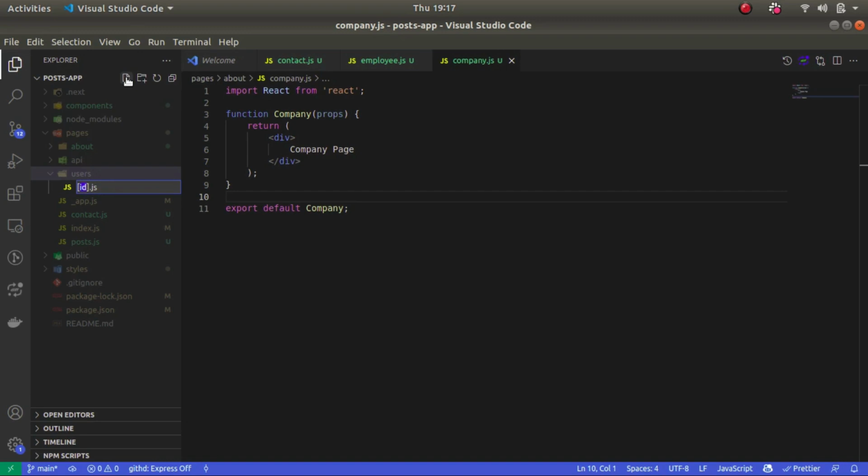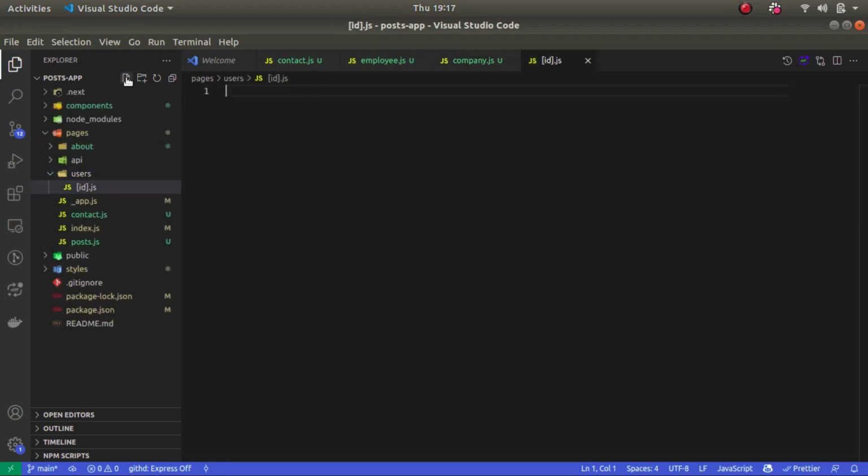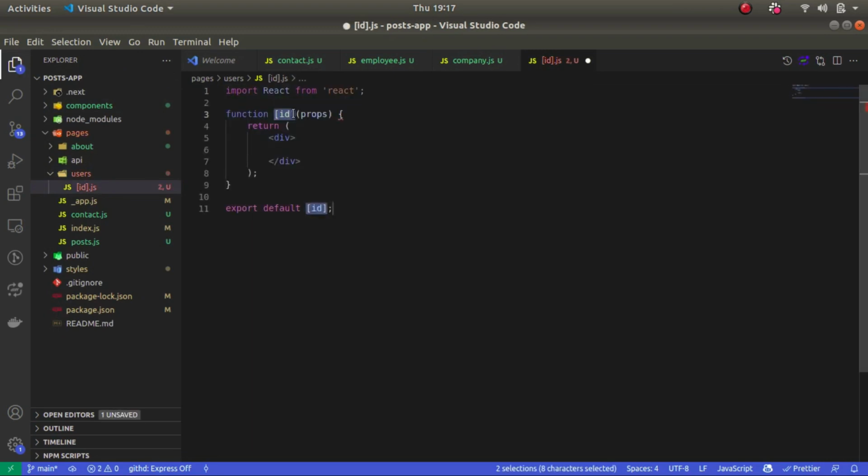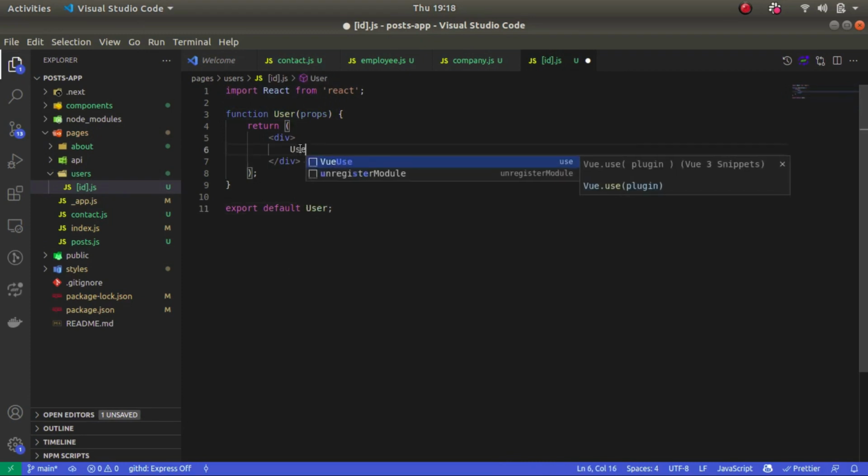So you can keep anything inside this square bracket, but I'm going to pass id in the URL, so I will keep the name as id, but you can keep anything you want. It doesn't matter whatever you keep here. So let's say I'm keeping id here, and let's create the component here. So our component name will be user, because I'm going to display the user detail here, so I will keep it